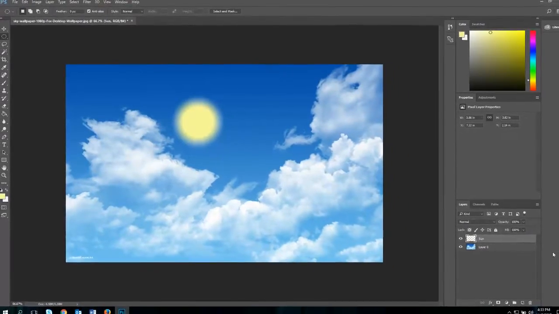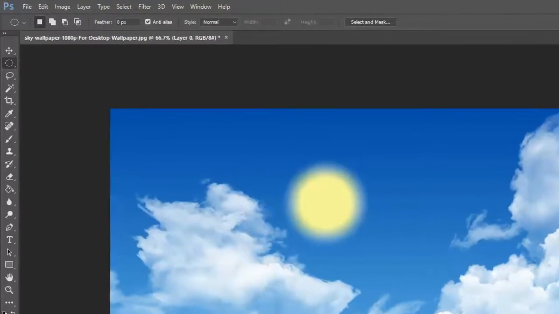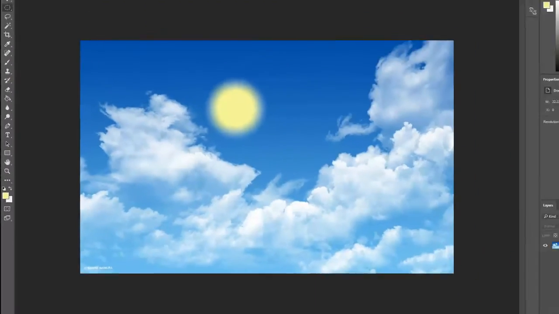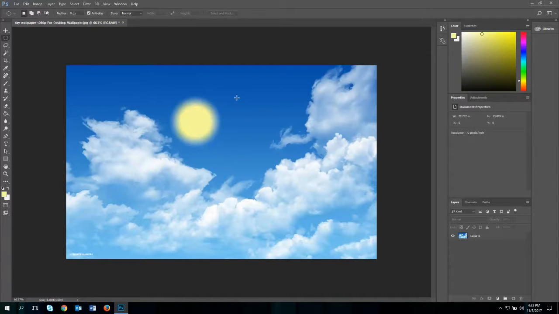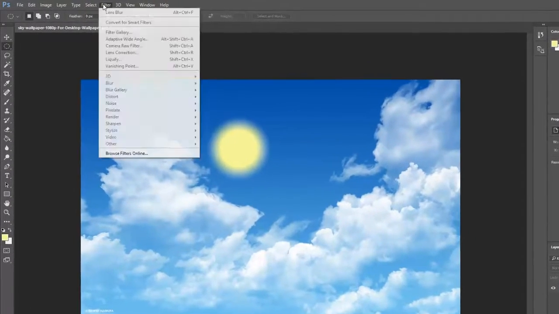So what I'm going to do now is merge these two layers down here at the bottom by clicking on Layer, and then Merge Visible. The reason I do this is because what I'm about to do, I want to affect the entire picture, including the background, and not just the image of the sun. So now I'm going to come up here to Filter, Render,